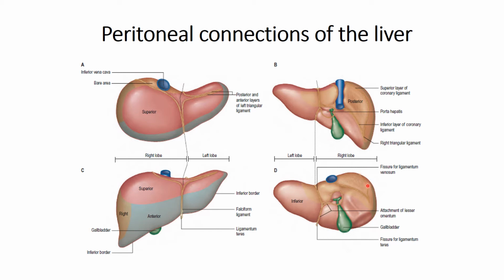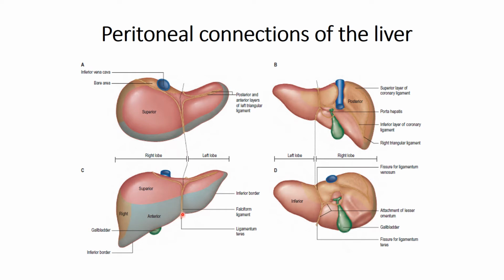This bifurcation forms the coronary ligament, the superior and inferior coronary ligament, and the area between these two is in direct contact with the diaphragm, and this forms the bare area. It is devoid of any peritoneal covering, so it is the bare area of the liver. So the ligaments now are the two triangular ligaments, and on the right side, the superior and inferior coronary ligament, along with